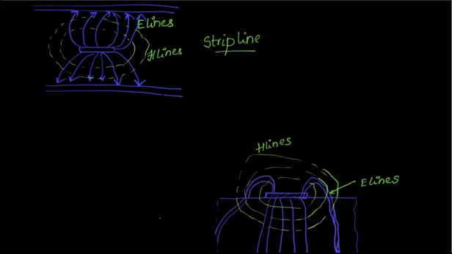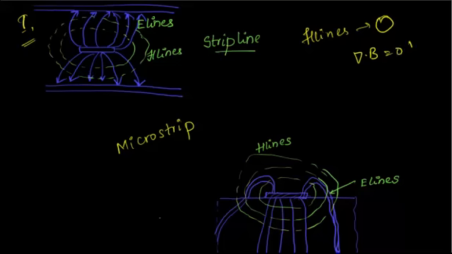After all the lectures in the microwave, I want to take a random lecture, which are kind of FAQs in a few examinations. First, I would like to show how the fields exist in strip line and microstrip line. This is the diagram for strip line, where H field lines are always circular, closed lines. That's why del dot B will be 0. This indicates H field lines are always closed loops, and these are the E lines because there is a ground plane on